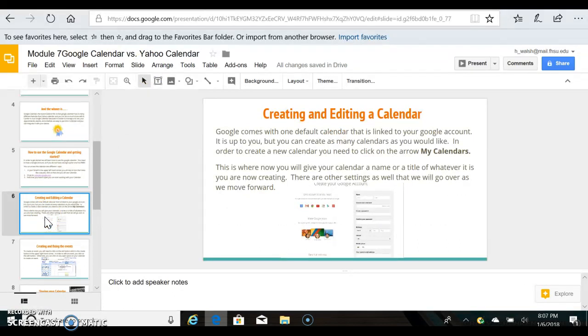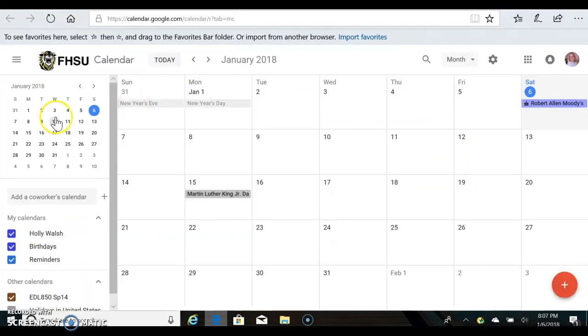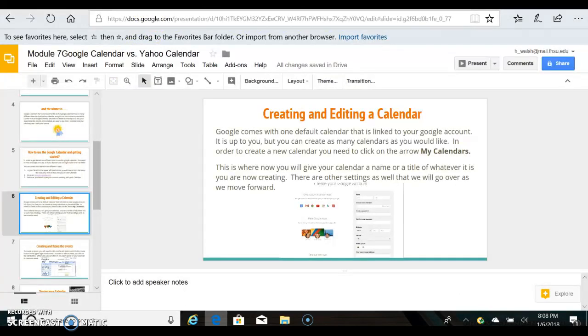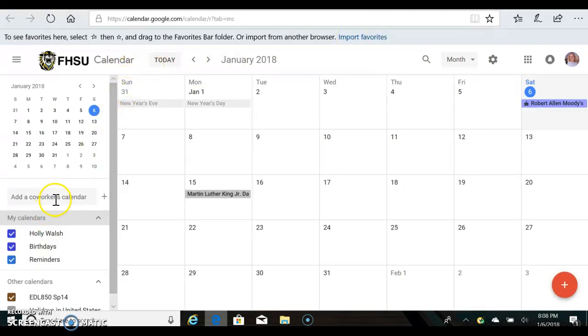So now we're going to create and edit. It comes with only one default calendar that is linked to your Google account. It is up to you, but you can create as many calendars as you like. In order to create a new calendar, you need to click on the arrow, My Calendars. So we're going to go here, to My Calendars, which is here. I have my name, birthdays, reminders. This is where you're going to start giving your calendar a name or title, whatever it is. So we're going to create